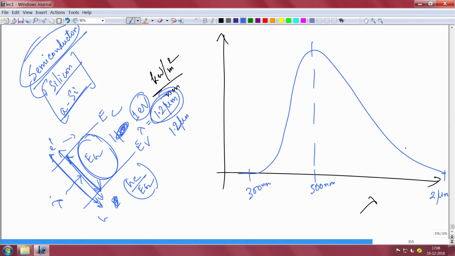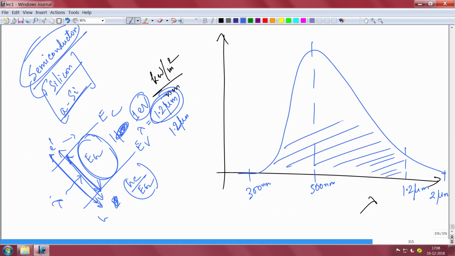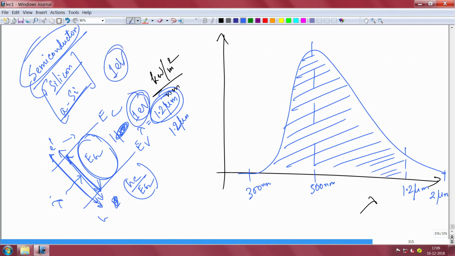okay, suppose this is 1.2 micron. So all the photons of wavelength less than 1.2 micron will be actually absorbed in the solar cell. Okay, so it means the energy is higher than 1 electron volt, which is the same as saying the wavelength is lower than 1.2 micron will be absorbed, and most of these could contribute to electricity. All of them may not contribute, but most of them will contribute to electricity,